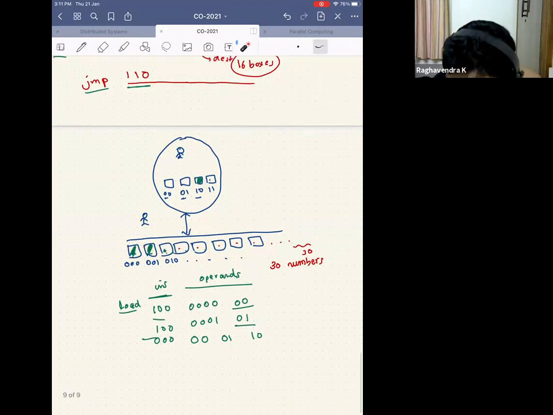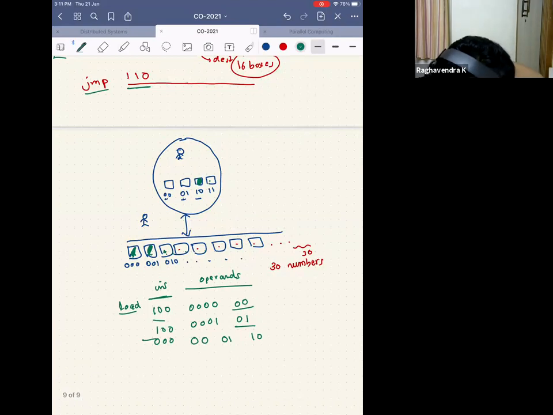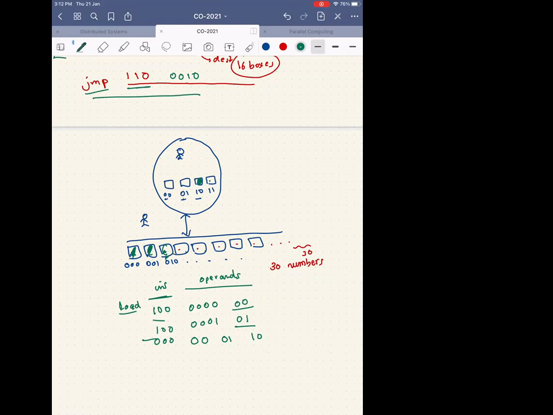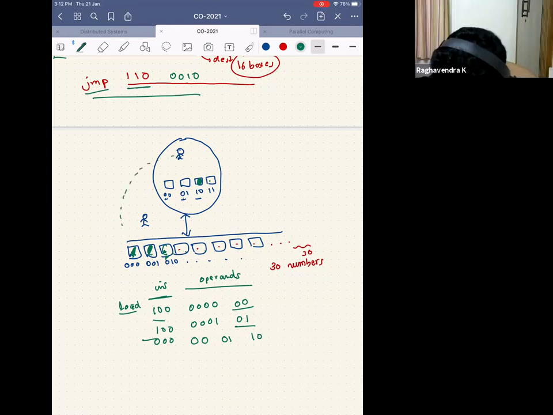So somebody said we'll do jump followed by 0, 1, 0, 0, 0, 1, 0, because somebody wants to jump here, and that's it. So somehow we assume that if I give this command, this person will read this value and compute the sum. But do you think it will happen that way? No, sir. No, right? Why? Because if you do that, then he will just go and jump here, right? And he will just sleep here. So you don't want that to happen, because you have told him to jump, he'll just jump. So now what? How do you modify this?